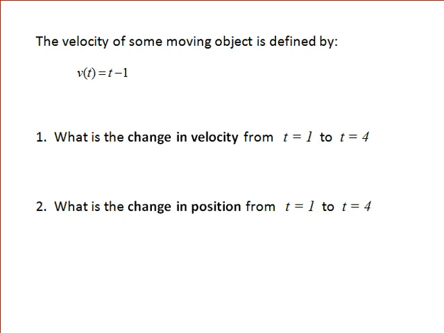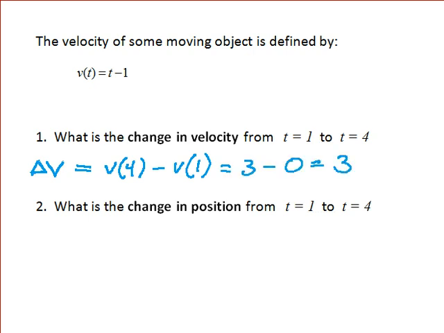In order to give the change in velocity from 1 to 4, which we might call delta v, it will be useful to know the velocity at t equals 4 and simply subtract the velocity at t equals 1. This function should look familiar. It is the derivative of s from the previous problem, so we should get the same answer, 3 minus 0, or 3 meters